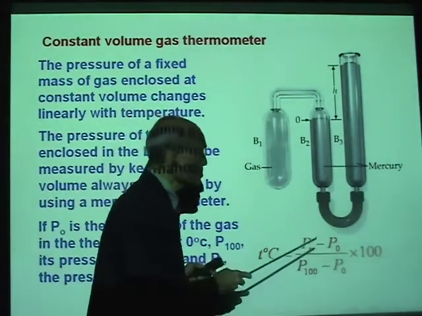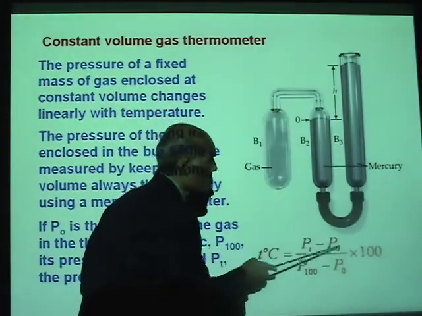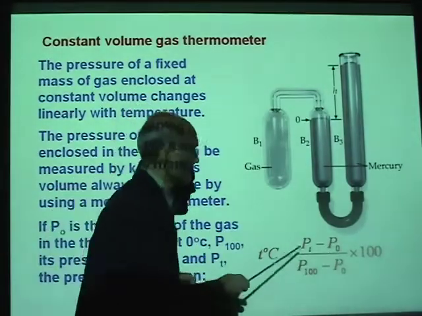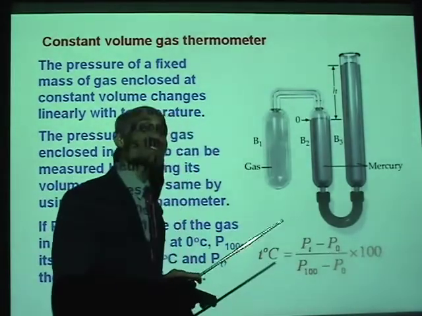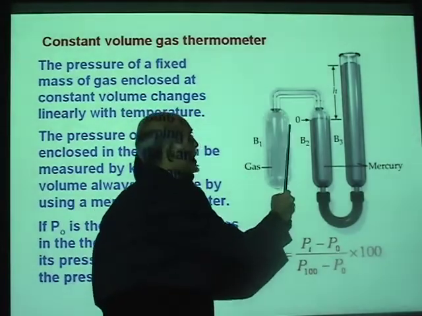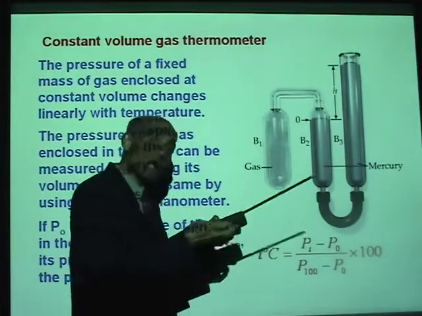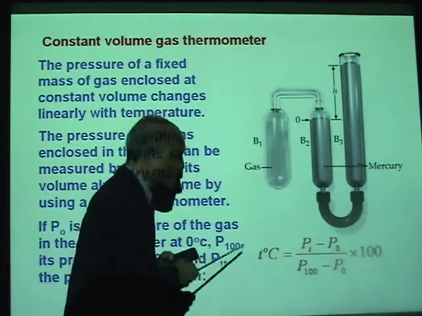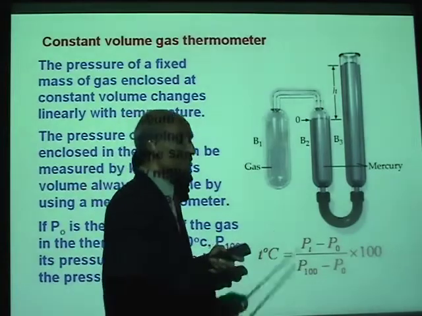That means P0 and P100 can be easily measured, and PT can be measured anytime you want to measure the temperature of a bath. Cover the bulb inside the bath and measure PT, and therefore the temperature can be calculated using that